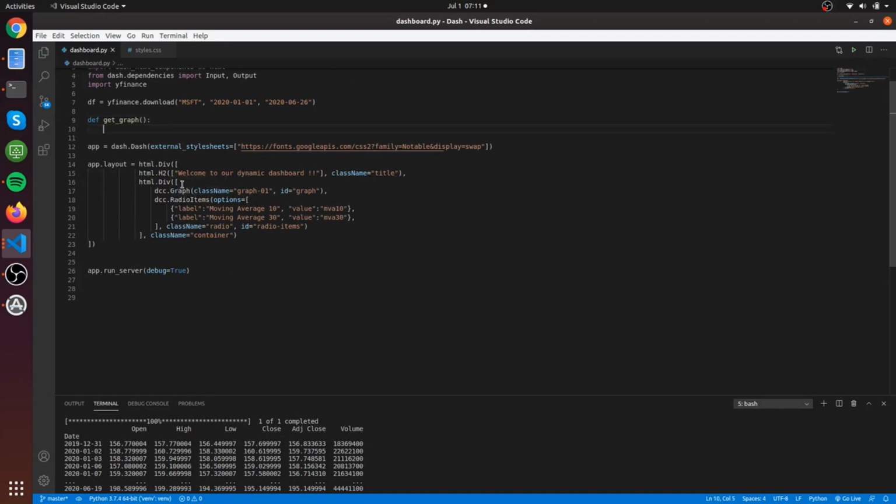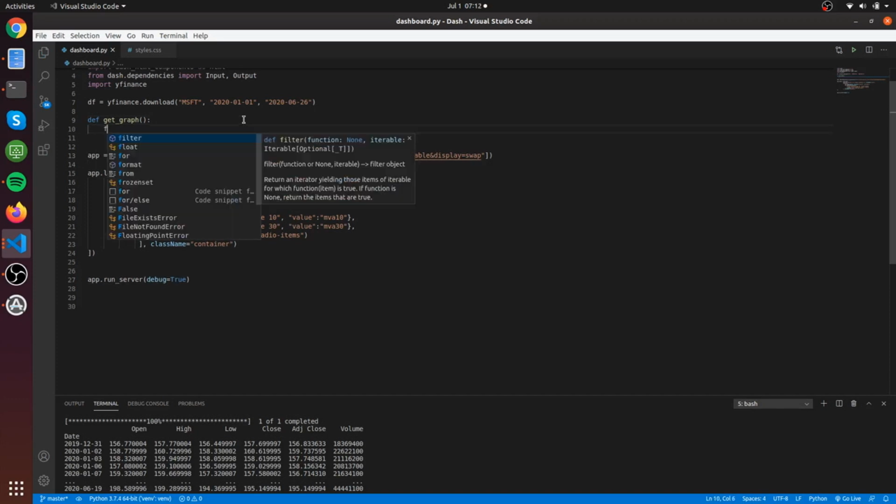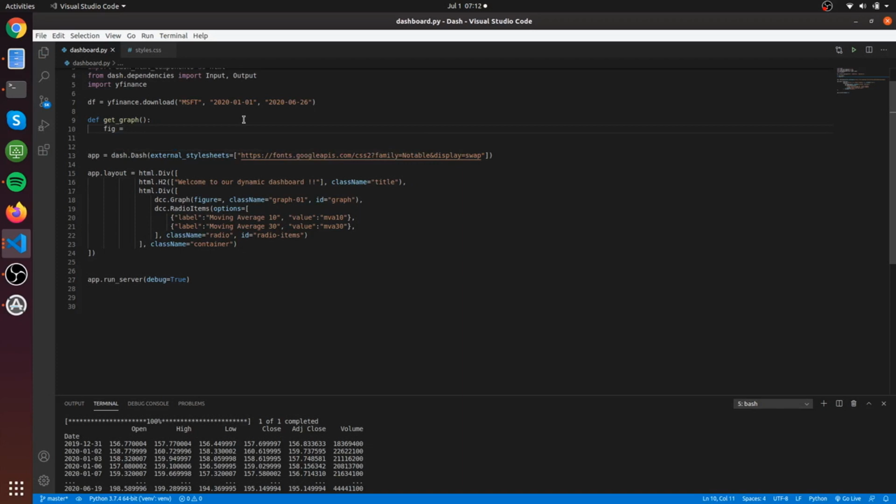Here in our graph we have an empty graph, and to add data to the graph we have to fill the argument figure. Basically we can add the data inside these arguments. The thing is, we don't have a graph yet, right? We have the data, but we don't have the graph. And the figure argument is waiting for the actual graph. So let's start building our graph, let's say fig equals to,